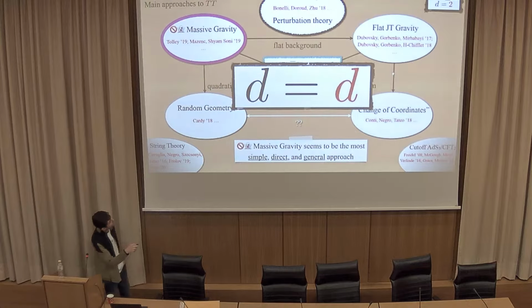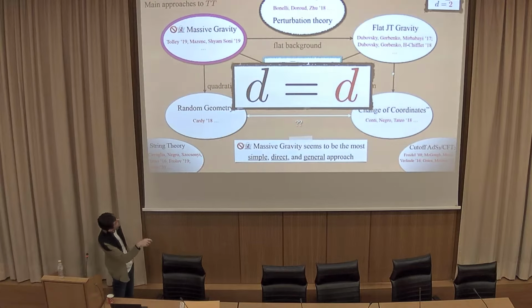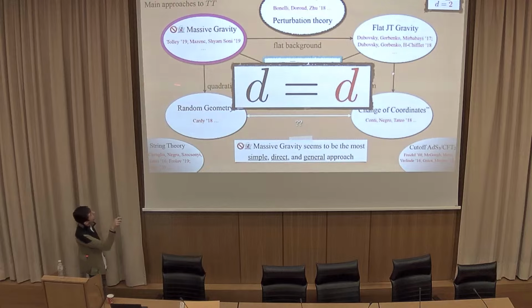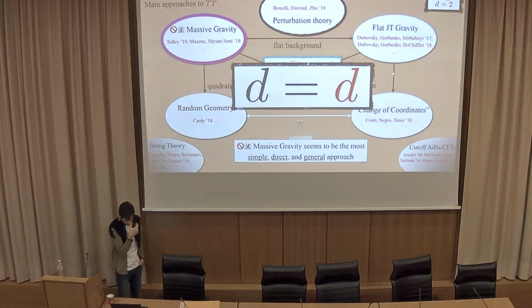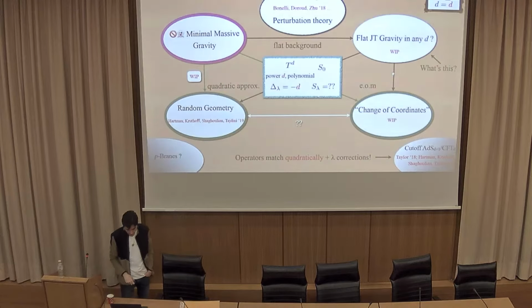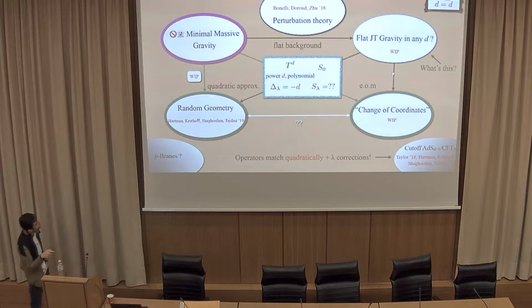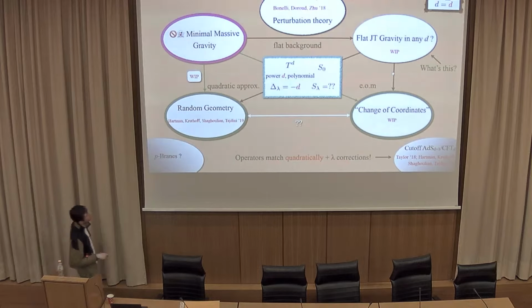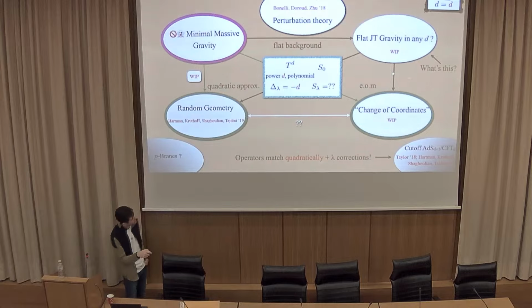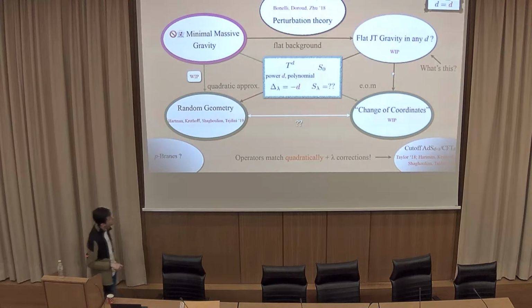However, we said, okay, we have all this framework here. What can we do in d dimensions? This was in d equals 2. Can we get some of these results in d dimensions as well? Because at the end of the day, this thing would sit at the top, in 2 dimensions at least. So indeed, we found that one can retrieve the random geometry framework in higher dimensions, and you can think of it as a very sophisticated change of coordinates.